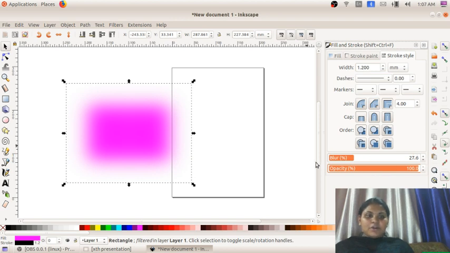What do you mean by opacity? Opacity means the depth of picture, the color depth of the picture. So if we increase opacity, what will happen? The depth will be increasing. If we decrease, what will happen? The depth of the picture will be decreasing. Okay.